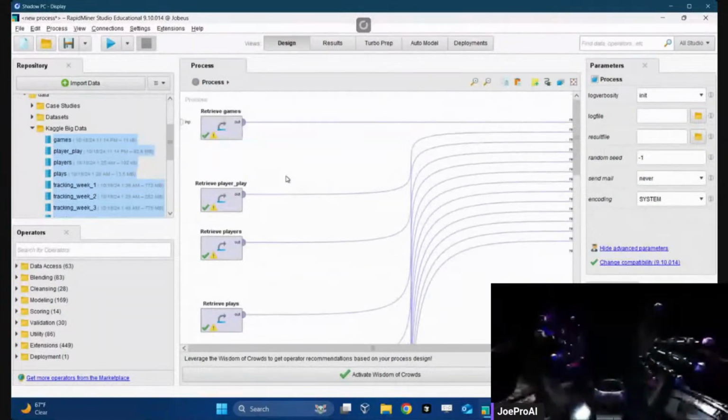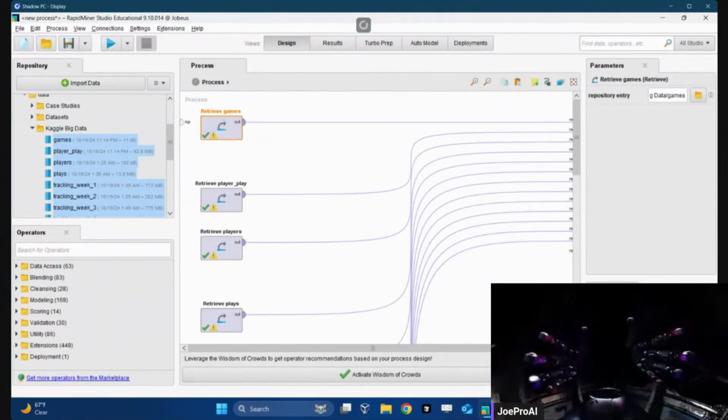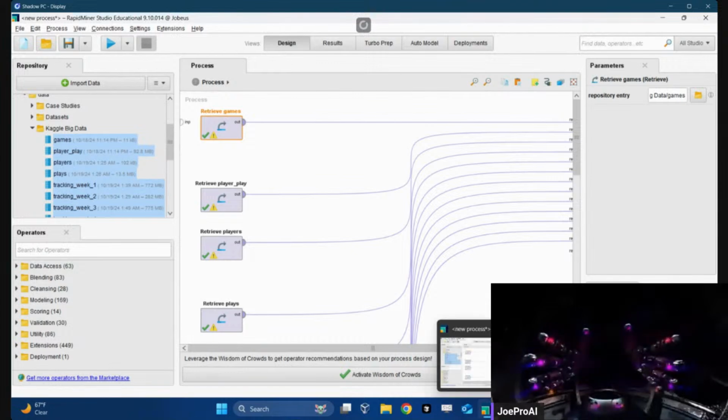Let's start with what we need. Retrieve games.